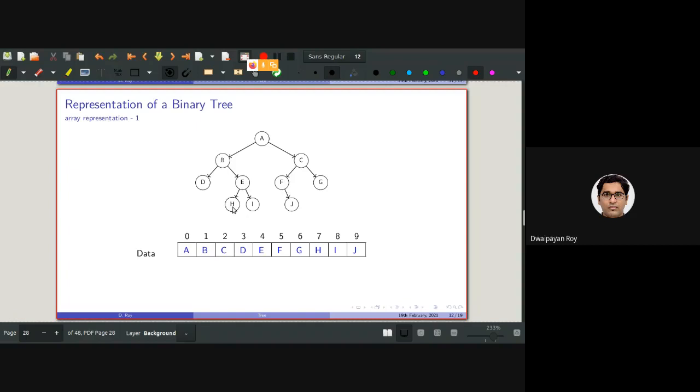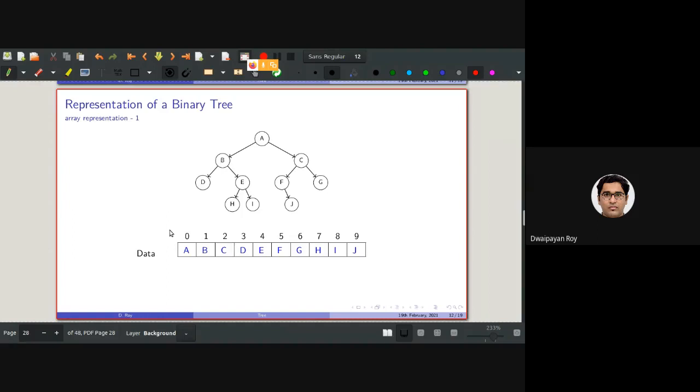My hint is: this is the data array, indexed from 0 to 9 as there are 10 elements. We should be using 2 more arrays to represent this parent-child relationship. How can we do that? Please, anyone? It's an easy one.